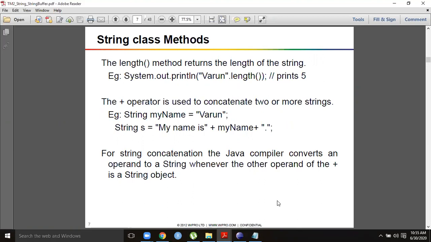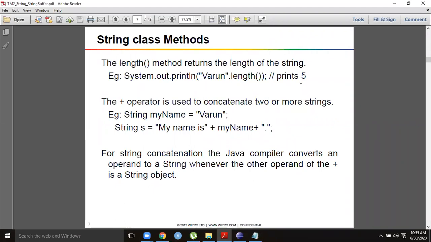For example, if you see in double quotes "Varun", how many characters are there? 1, 2, 3, 4, 5. So the length method returns 5. People will definitely get confused while using length. This length we use in one more case also: for arrays.